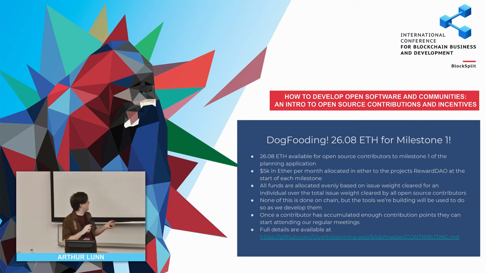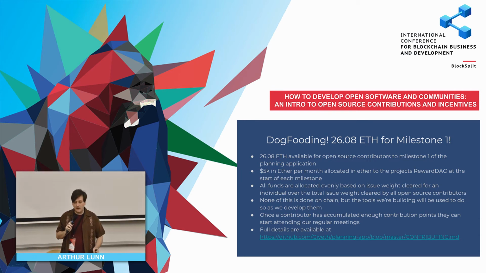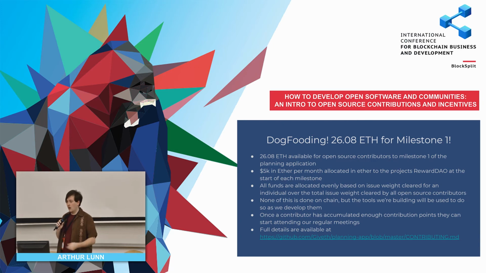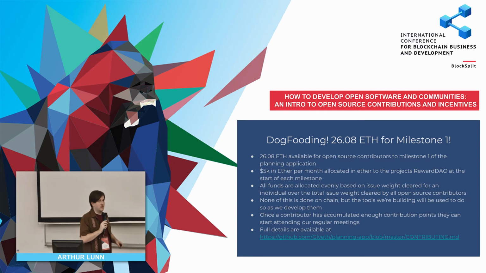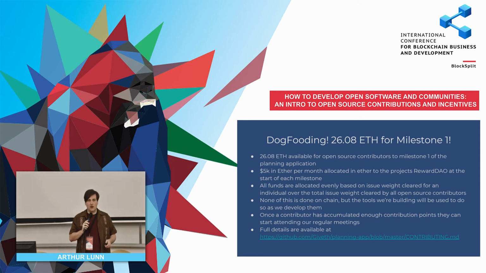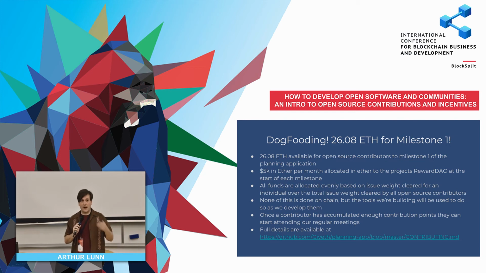It's a little bit more clear in this document, so I recommend you go there. But another element that we're adding to that is that once you clear a certain number of issue points, just start coming to our meetings. Start voting on these things, start playing with this stuff. We don't have any of this on chain, but that doesn't mean that we can't start using these systems. I think it's very important for people to start using these systems as quick as possible. If it's not secure to put the funds on chain, we need to just do practice. We need to try it in whatever way we can.